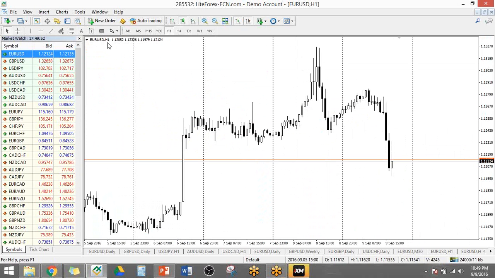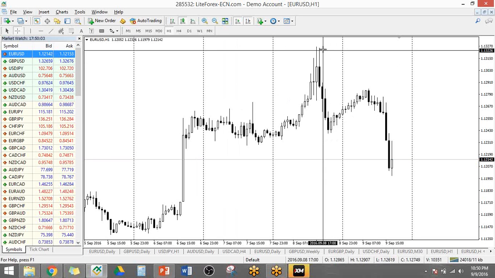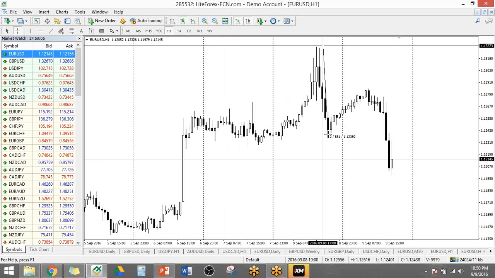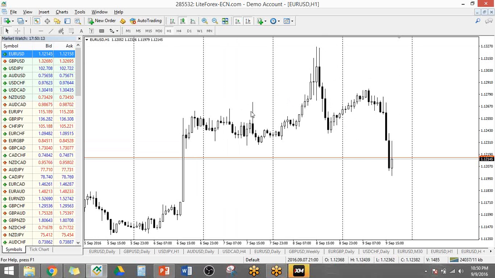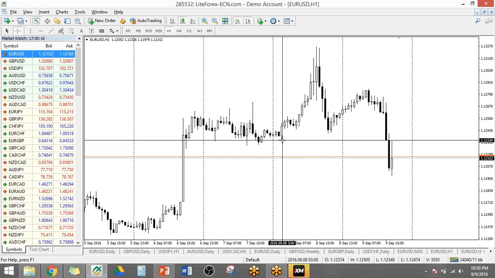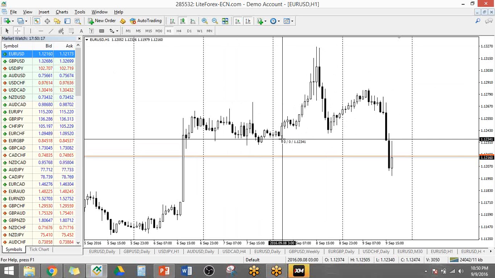So this is the hourly chart, and these are period separators, meaning these are how days are separated. So this is today, this is yesterday, and this is the other day. So let's go for yesterday. Yesterday, the total movement was around 90, so it's not that much really. Okay. But since it already moved a good 90 pips, from here, this is your whole range. So you have a good 90 plus pips.